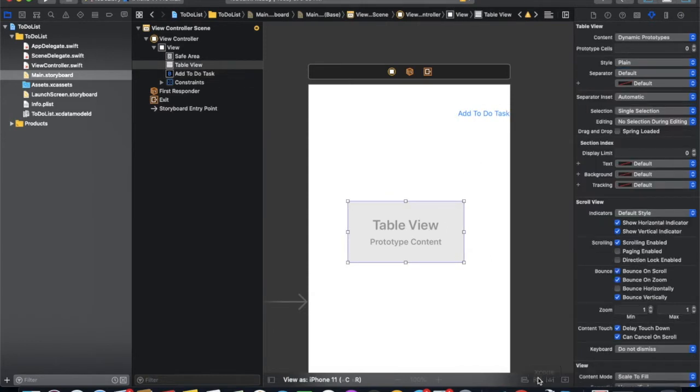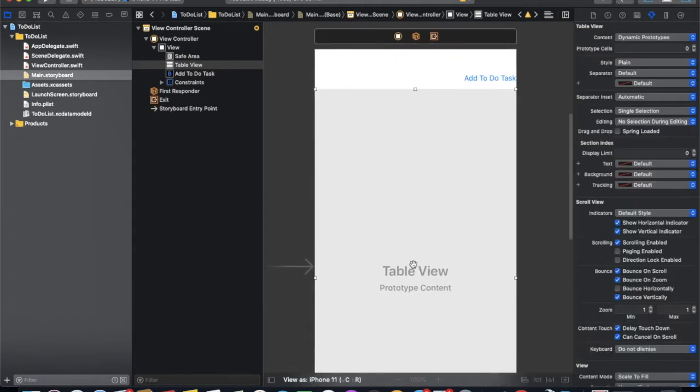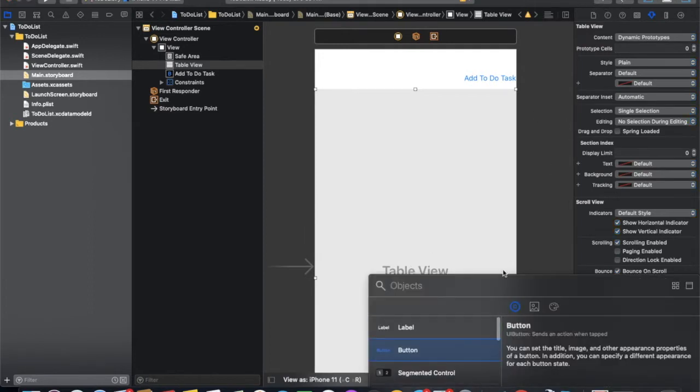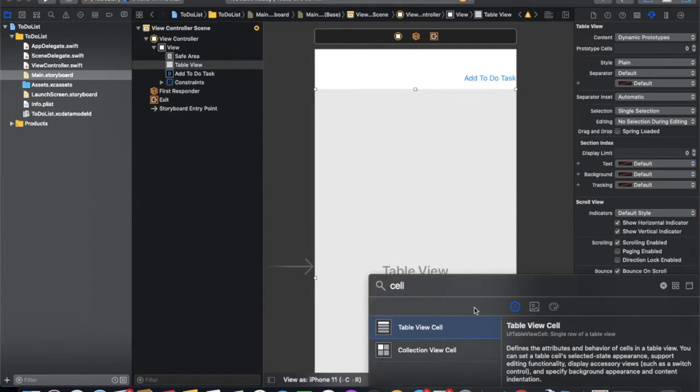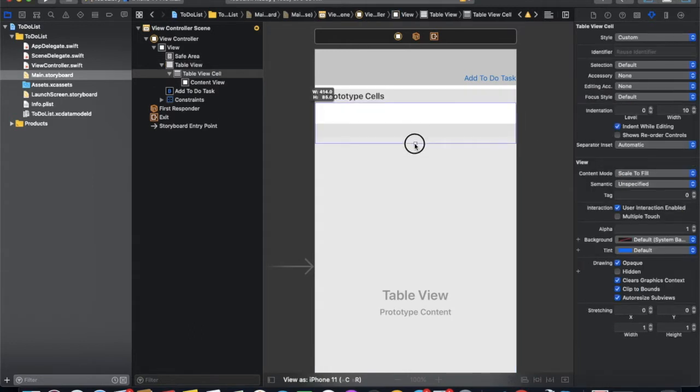Now we have a table view to show the list of tasks. It's 0, 0, 0, and 0. Now we create a cell. In the cell we show the list of tasks, so for this we need a label first.